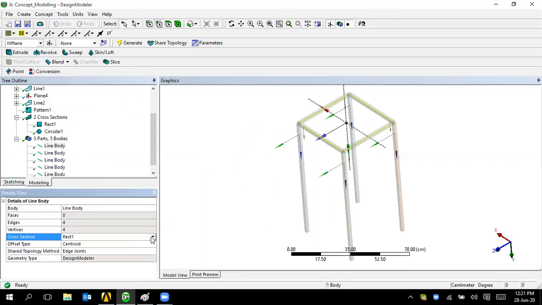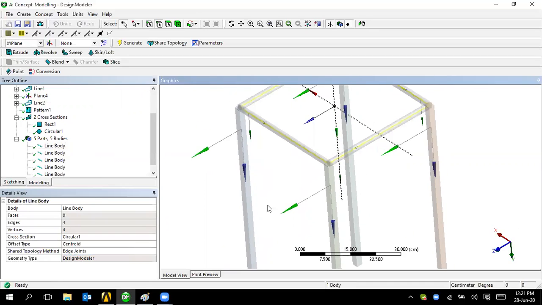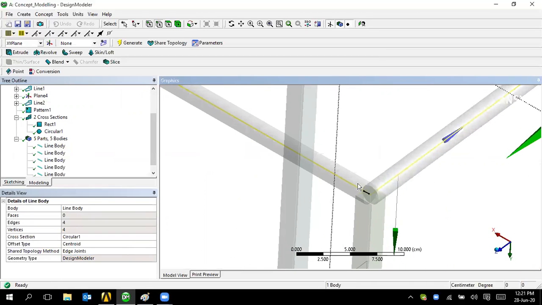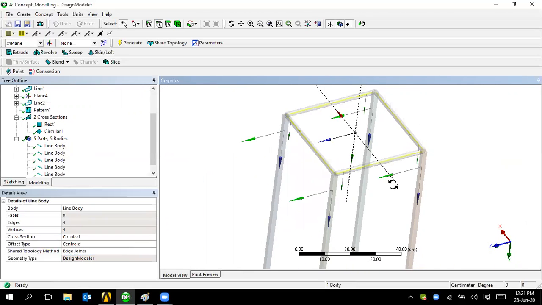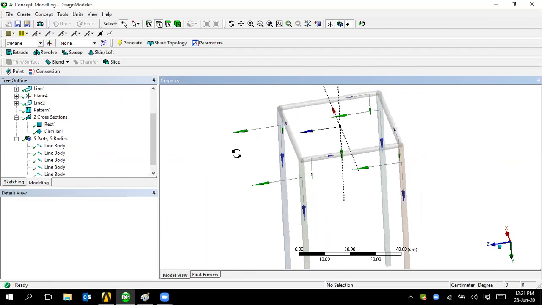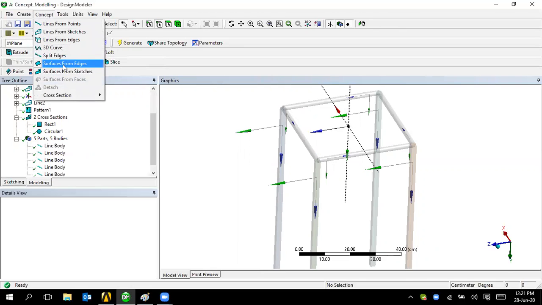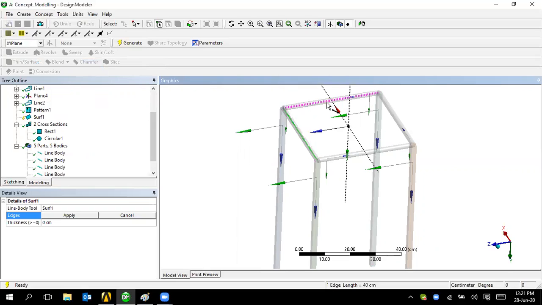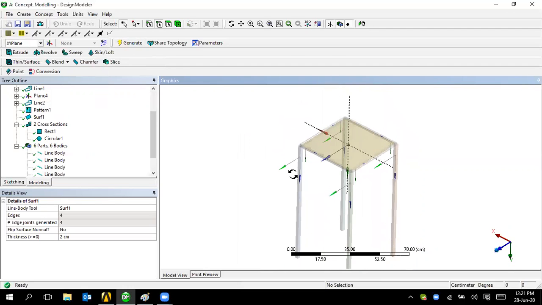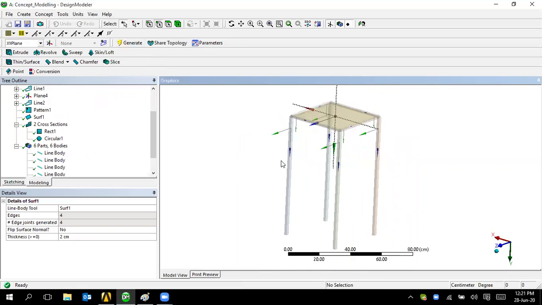Here I'm going to use the circular cross section. So circular cross section on the other two linkages and rectangular on these edges. Next, I would like to create one surface body, because people can't directly see it on the whole gap region. So I'd like to create a surface from the edges. This is edge number 1, 2, 3, 4. Apply. I'm setting the thickness of 2 centimeter and generate it. This is completely done. So the combination of 1D and 2D is also done.